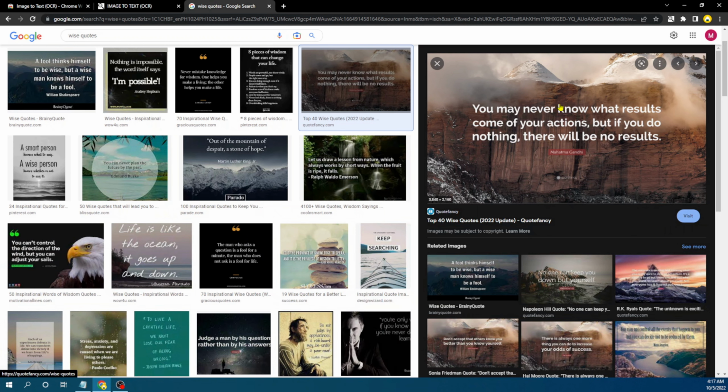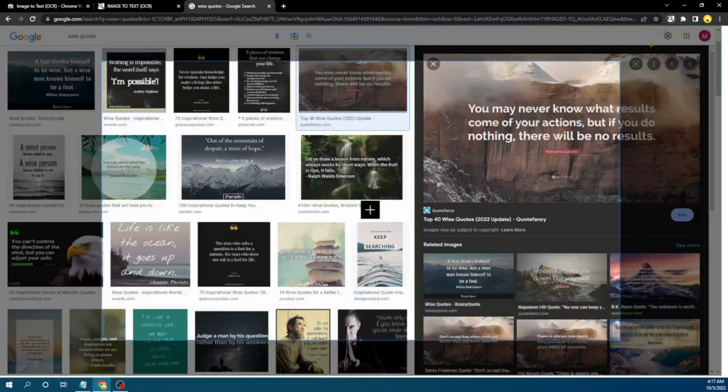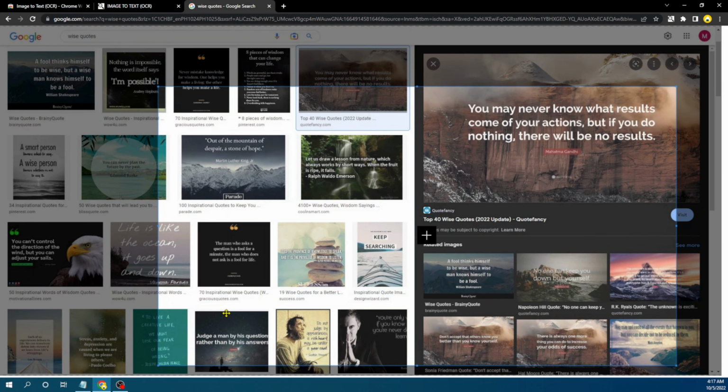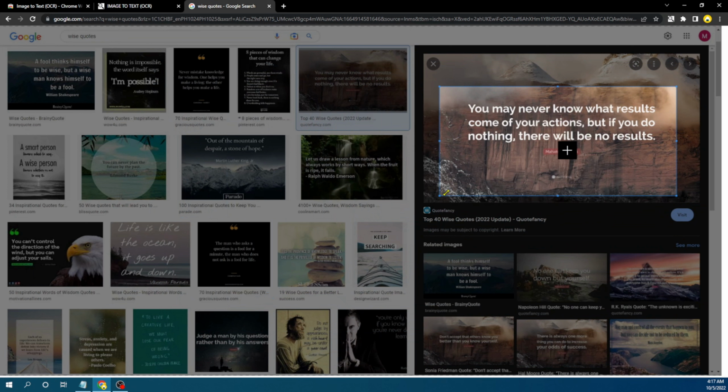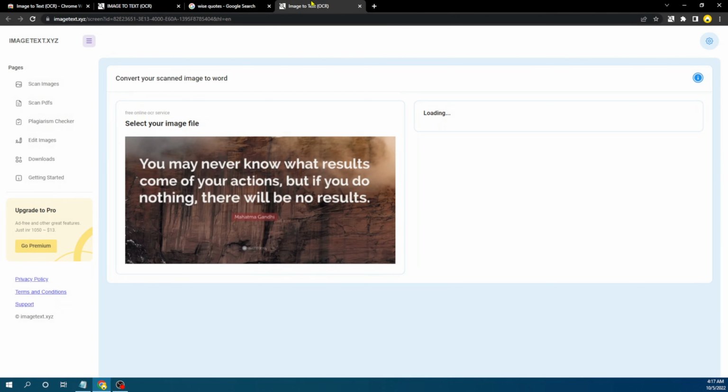So from here, how we're going to go about this is just to click on this and automatically you will see this interface. All you have to do is adjust it over the text that you want to copy, and you can adjust it from the edge. And once you've gotten the exact dimension that you want to make use of, you're just going to go ahead and click this plus sign that's showing here. It's going to open this